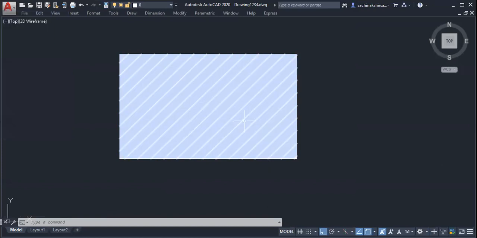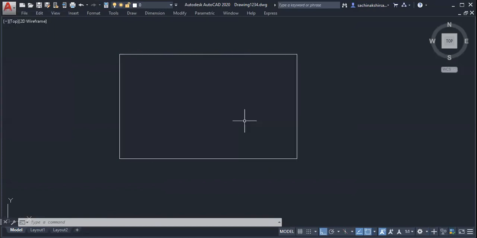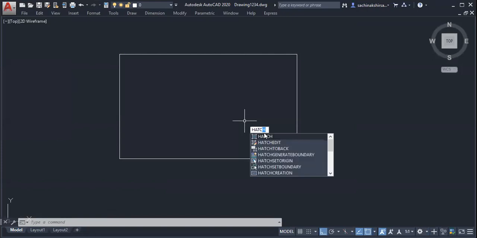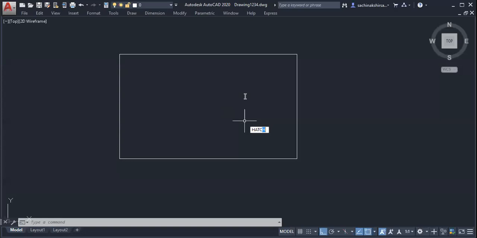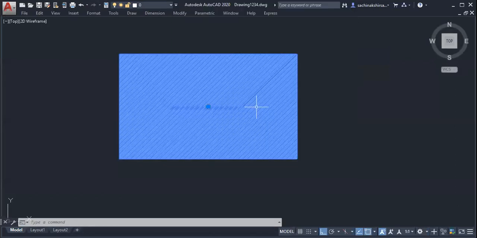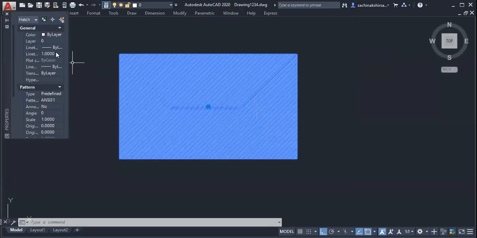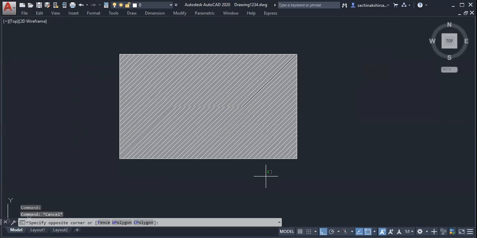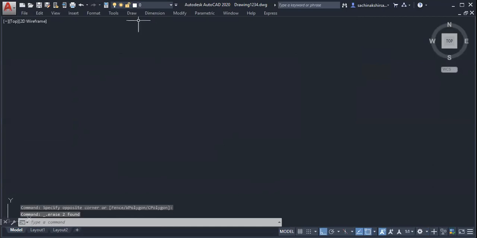Something like this, something like hatching. Okay.